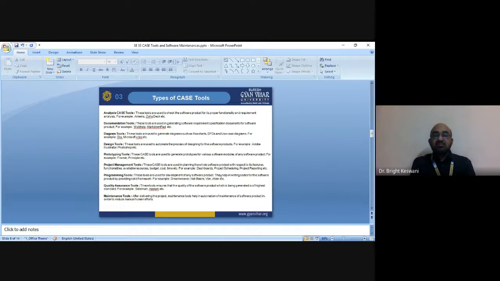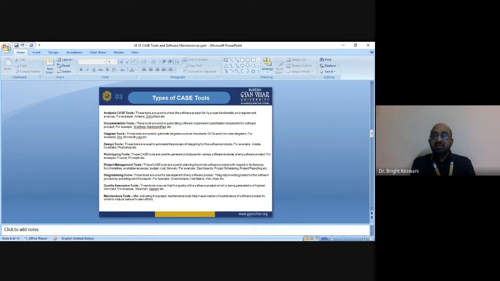Then programming tools are there, which help in the development of any software product, and they are helpful in writing codes for the software product by providing a solid framework. Quality assurance tools will ensure that the quality of the software product which is being generated is of highest standard. So there are several.